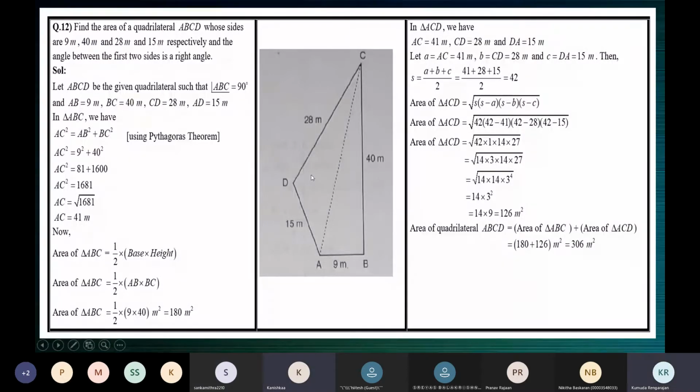Yes, ma'am. Okay, so you cannot apply Pythagoras theorem in any triangle. You can apply Pythagoras theorem only in a right triangle. So you know that this is a right triangle. See, children, to find the area of this triangle, we have the information. We know the base is 9 and the height is 40. Then why should we find AC? We find AC because to find the area of this triangle, we need to know all the three sides. We don't know AC. So we find AC. And how do we find AC? By using Pythagoras theorem in this right triangle.